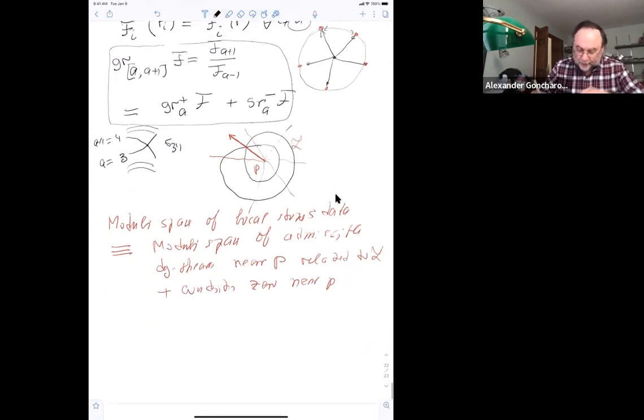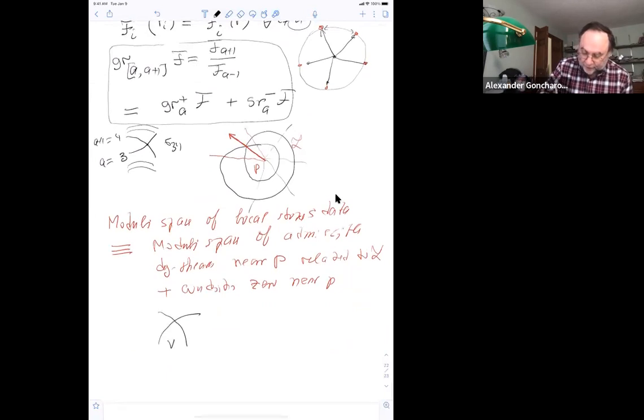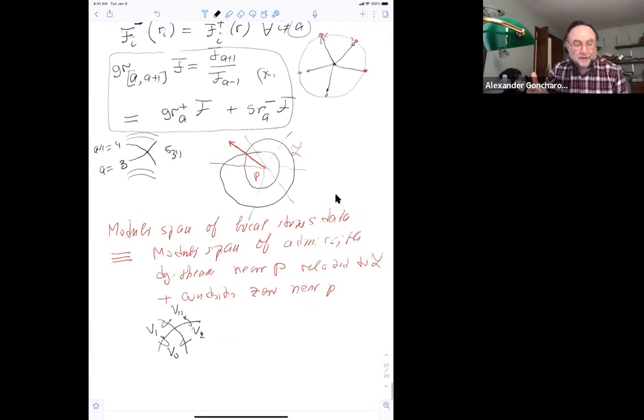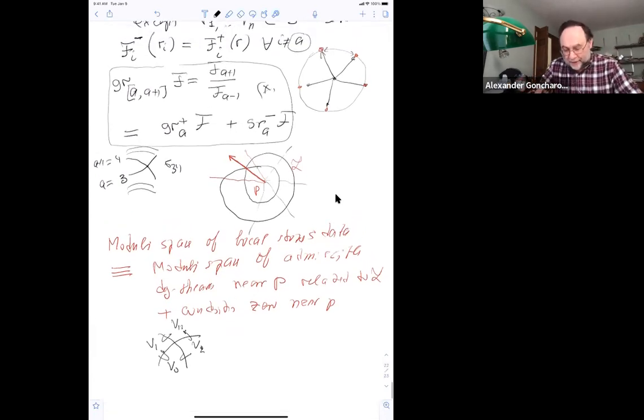Because all it says is that whenever we have this kind of crossing, so we have some vector space here V0, then it embeds into the vector spaces here V1 and V2. So we have these embeddings, and then they sit in certain V1, 2 here. And if you look at the definition of admissibility, it's just equivalent to this condition which we have here. So I say it's basically a tautology. It's like the statement that flags are the moduli space of admissible DG sheaves vanishing at zero. It's basically a tautology which follows from the definition in one line.